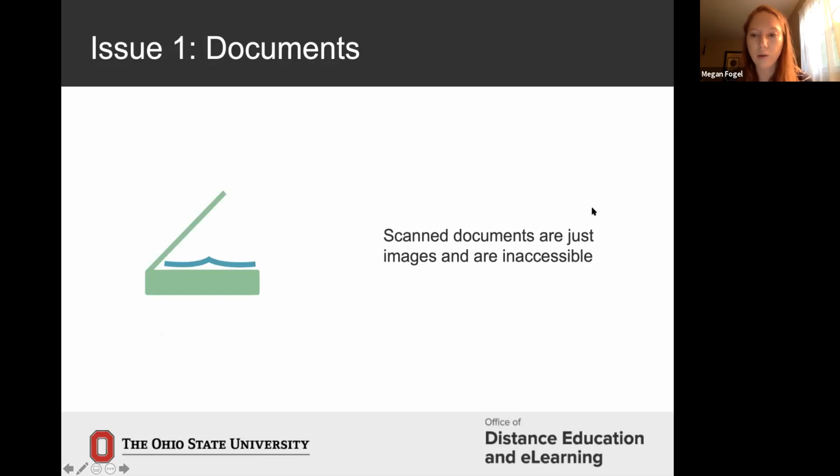So the first one we've got here, documents. My first example, there are a lot of different types of documents that you can use. The most common issue that I see across the web, across online courses specifically, are scanned documents. If you've ever taken a book off a shelf, scanned that in using a scanner, and then uploaded that to a website, sent it out in an email, added it to a course, those are just images of text. And so think about the usability there for someone that is using a screen reader, might have vision differences